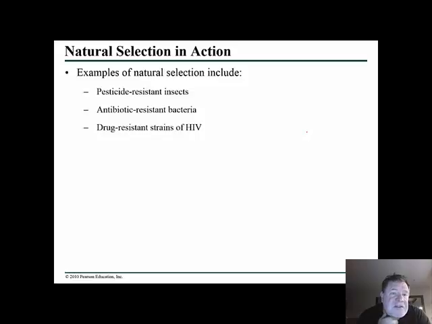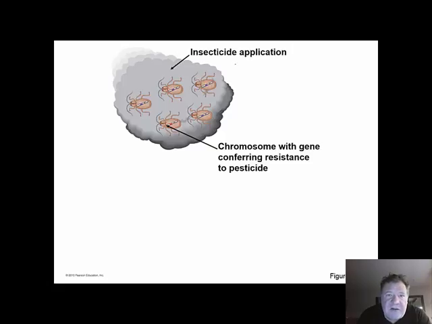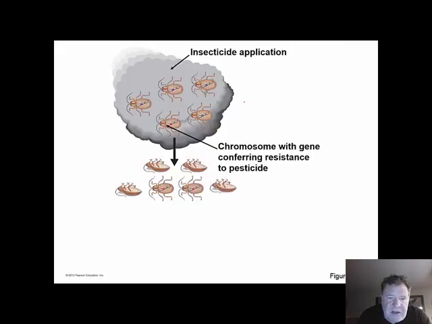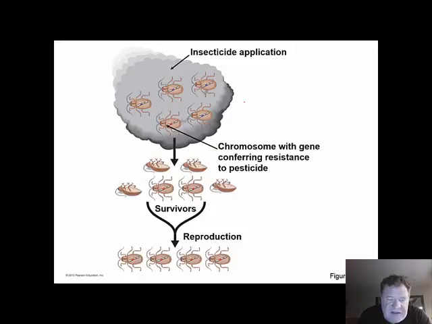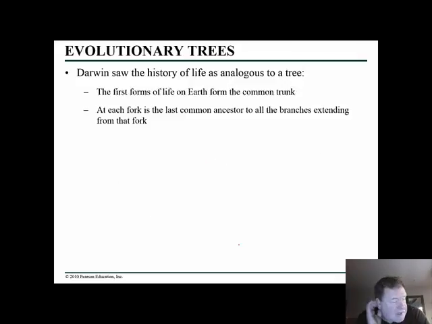Okay, and so examples of natural selection include pesticide resistance in insects, antibiotic resistance in bacteria, and drug resistant strains of HIV. And so again, if we apply a pesticide and it does not kill all the insects, we are left with some insects that are alive. These insects mate, and a higher percentage of their offspring are going to have resistance to the pesticide. When Darwin looked at evolution, he